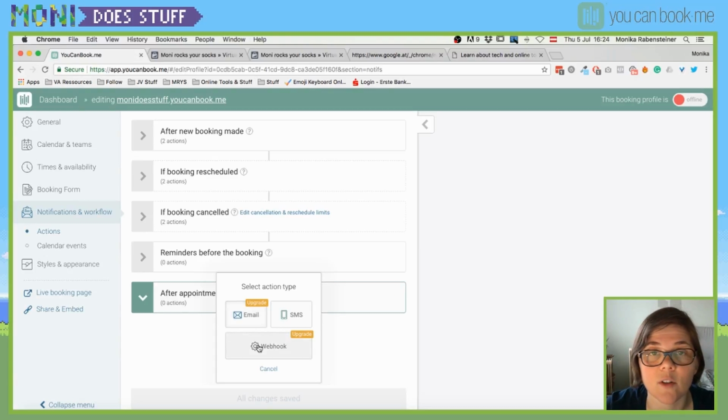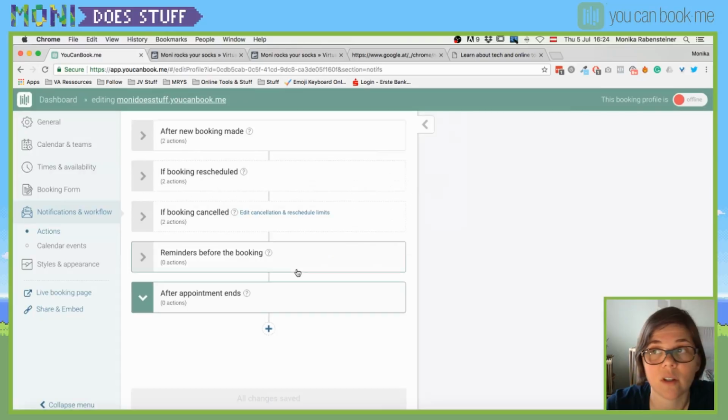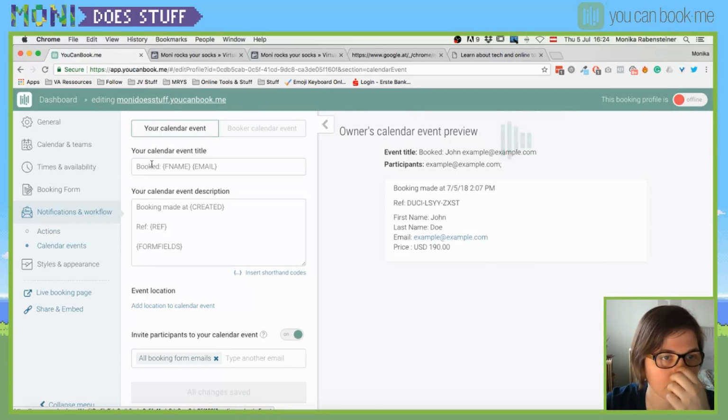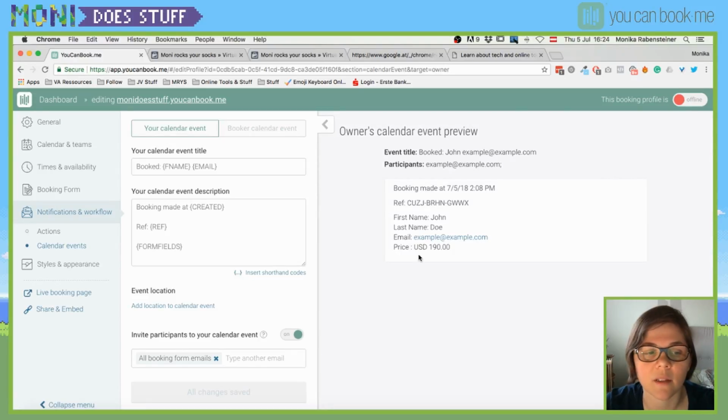Yes. Webhook is mostly something if you connect it to another tool, for example with Zapier or anything, then that's where you would need a webhook. That's what the webhooks are for. Also calendar events. You can change the copy of that here. So once people click on the link where it says add to calendar, then this is something where you can change the copy for that. That's what you will see when people click there, they book the call, then they save it to your calendar,